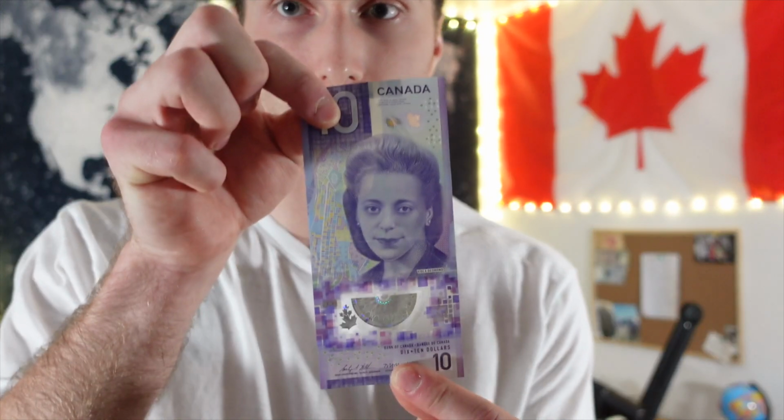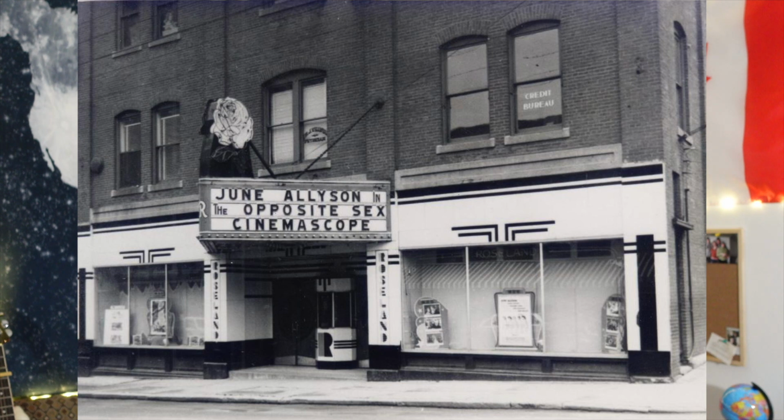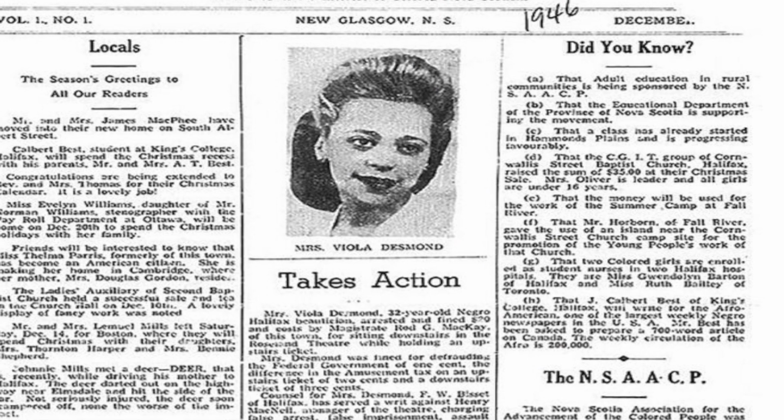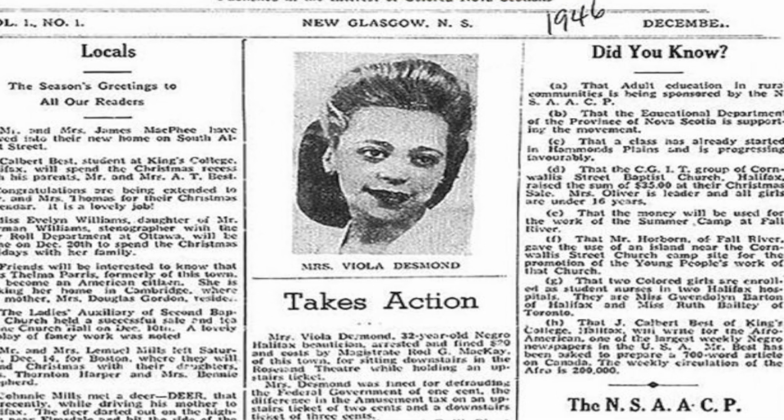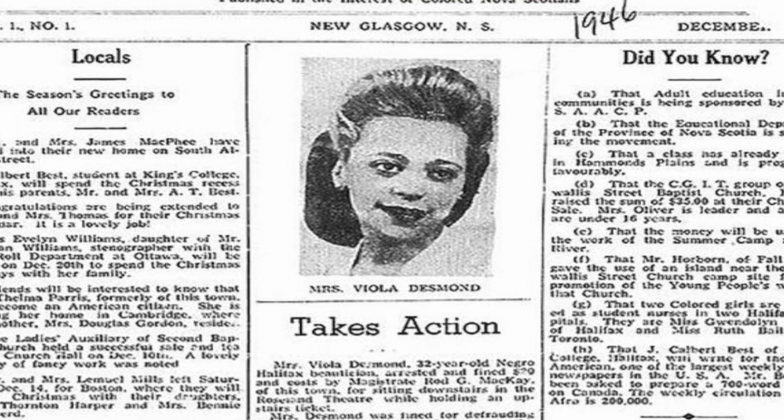Now for the $10 bill. On the one side, we can see Viola Desmond. Viola Desmond was a Nova Scotian lady who faced racial discrimination when she went to the movie theater and sat in a section that was reserved for only white people. She got removed and sent to jail without being told what her rights were. It really became one of the most publicized cases of racism in Canada and helped the civil rights movement of Canada.